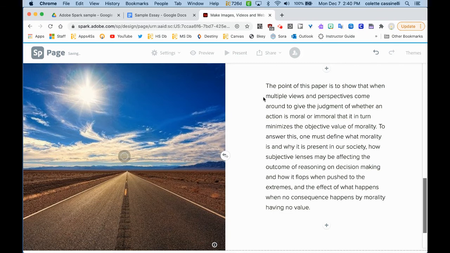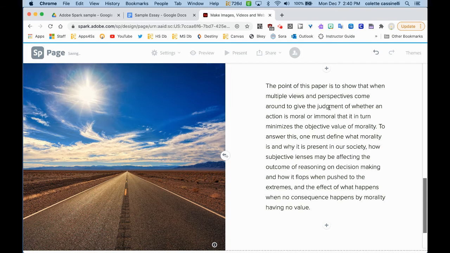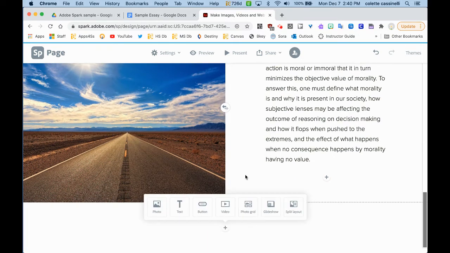The point of this paper is multiple views and perspective come around to determine whether an action is moral or immoral. I don't have a really specific image that goes with this particular essay. So I might want to just be really creative with my images. If this is a project on a specific event or person, obviously you're going to want to put real pictures of that person or that primary source document into the topic. But I just wanted to show you that each thing that you do, you can add some more text now,